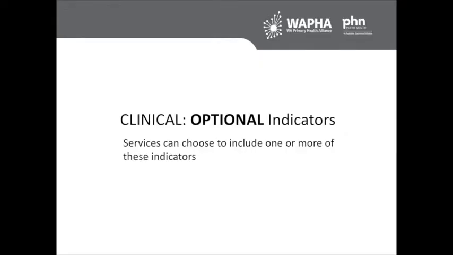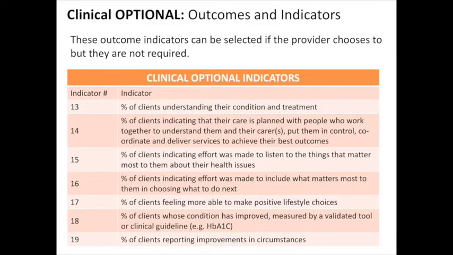Moving on to optional clinical indicators, which you may choose to report on for your own improvement purposes. The optional clinical indicators include the percentage of clients who understand their condition and treatment, the percentage of clients indicating that their care is planned with people who work together to understand them and their carers, put them in control, coordinate and deliver services to achieve the best outcomes, the percentage of clients indicating effort was made to listen to